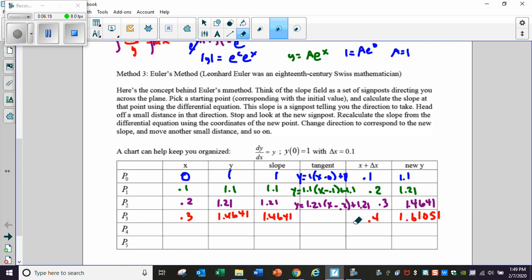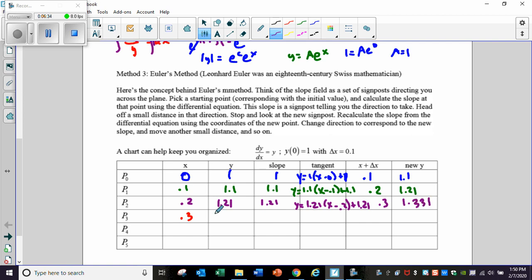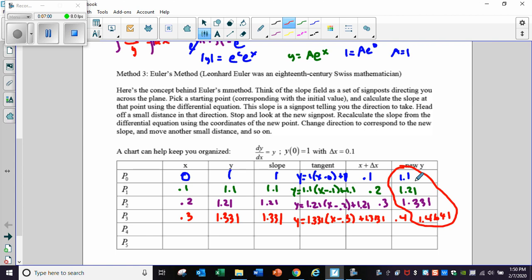I'm going to erase and drive you guys crazy that I put down the wrong value. Sorry about that, my math brain failed me. This is 1.331. That comes down here to 1.331. That is my slope. My new tangent line is 1.331 times x minus 0.3 plus 1.331. My new x value is 0.4. My new y value is 1.4641. Sorry about that. Notice how these y values, for those of you that know what Pascal's triangle is, notice that